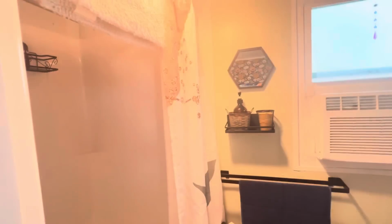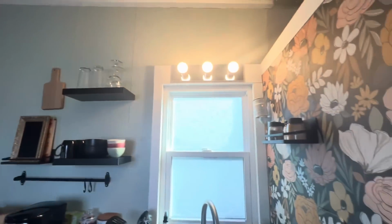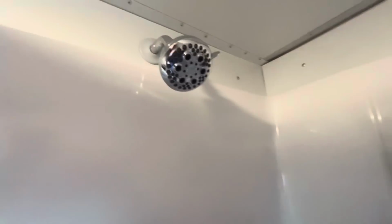And then I guess the next section here is the restroom. We're going to go into the restroom. If I can find the light, nice. I should have lit everything up. But in here, this is a 36-inch shower, 36 by 36. It's a little short if you're super tall, but I'm not very tall. I'm 5'3",